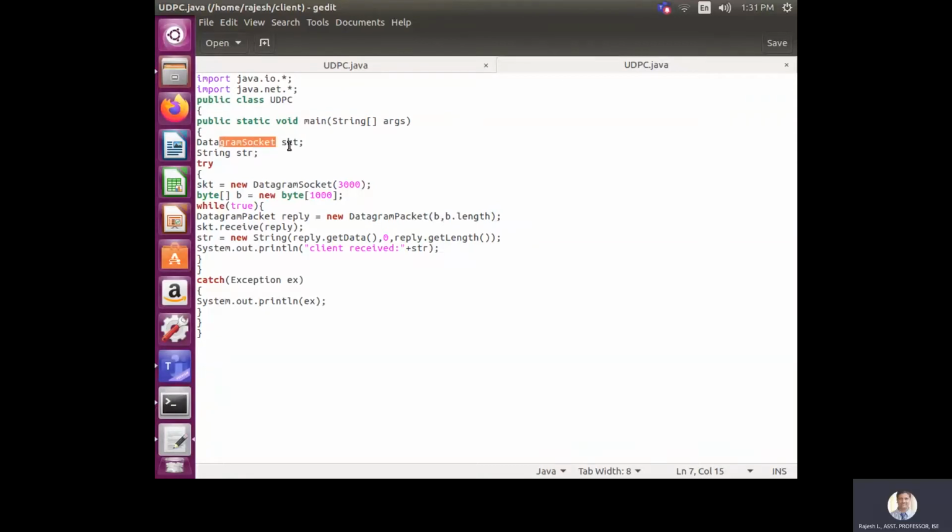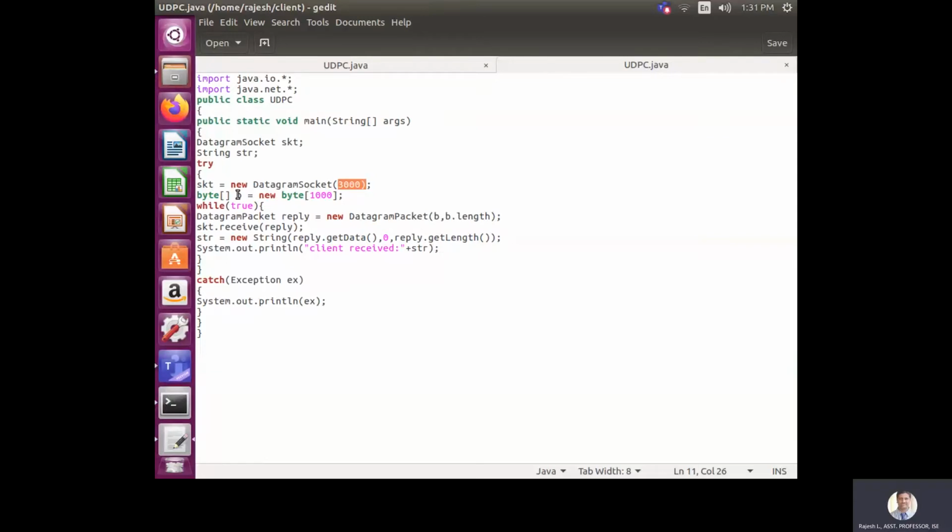Create the datagram socket: declare the socket variable skt using DatagramSocket, and another string variable str. Try to create a datagram socket with the port number 3000: skt = new DatagramSocket(3000). The port number may be the port number of the server.